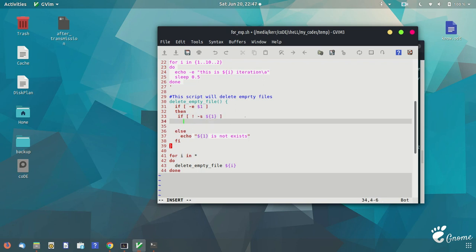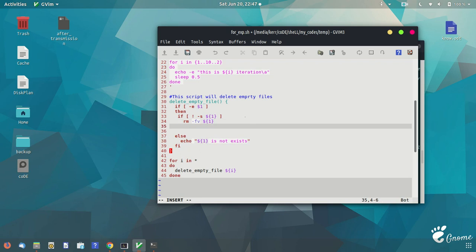So if the file is empty, then I will perform the remove operation. So for that, rm -fv, f for forceful remove, v for verbose. So what I will basically remove, I will remove the file.